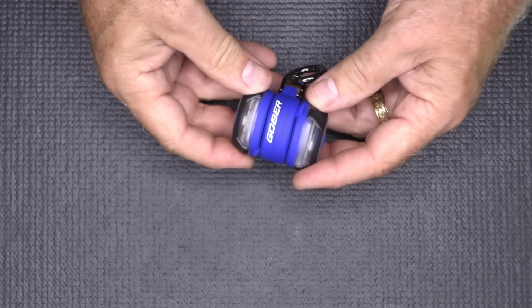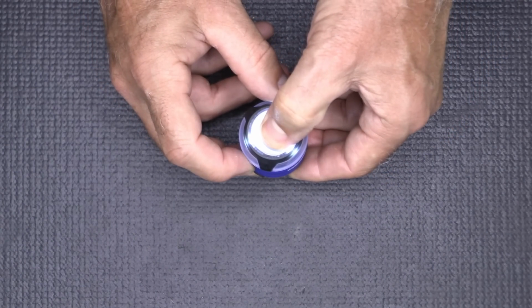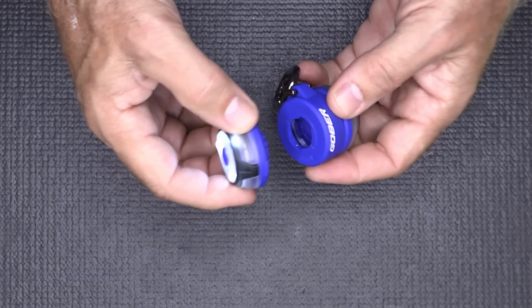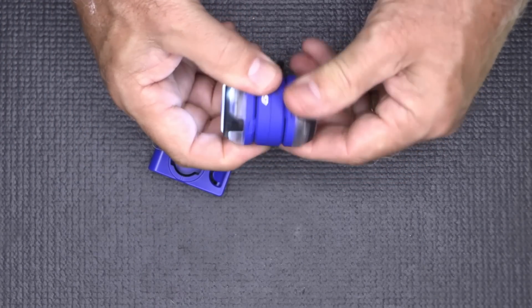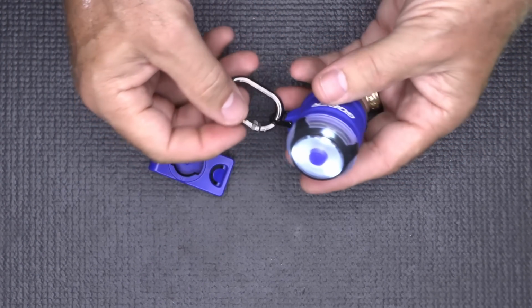And then we have the Gober. Now this is something that's kind of unique. And then when you press it and hold, you have light, and it's white light. This comes off. You can attach this even to Molle, and it comes with a small clip. And then you can take this one off. I mean, they're very versatile, but here's the thing. You clip this to your pack,